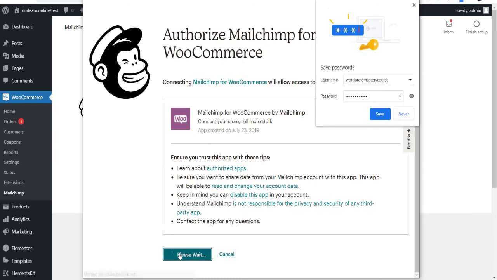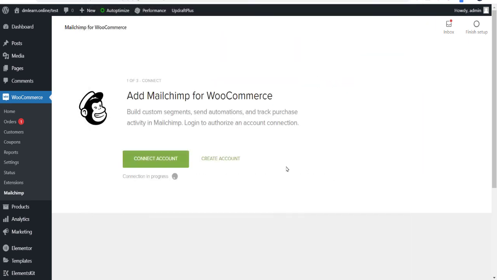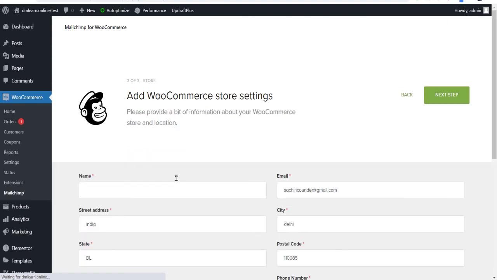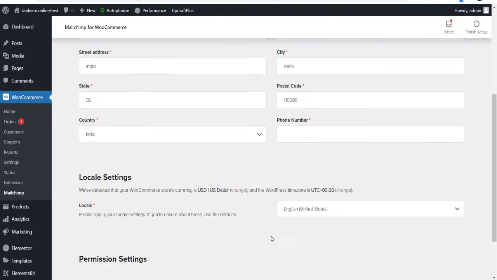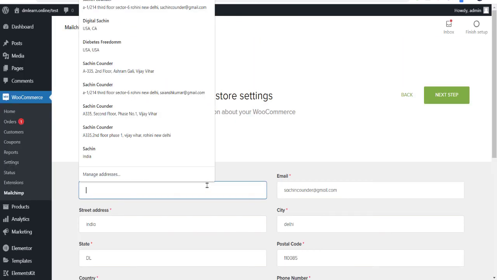Okay, now you can say allow. That's it. WooCommerce is done on our behalf. So WordPress is done, and now we have configured Mailchimp. Now it is asking for the account setup, everything, and you just add WordPress mastery.